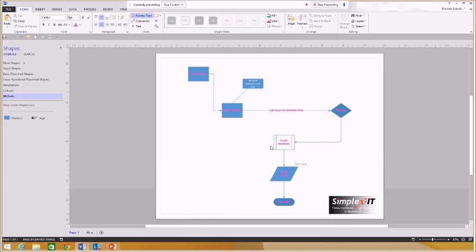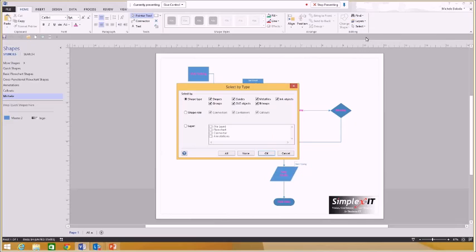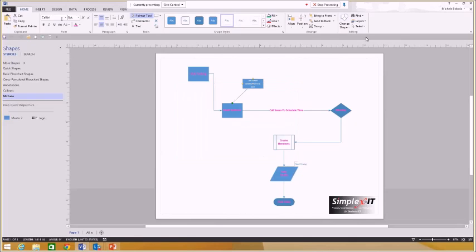Now let's say I want to format the connectors connecting the flowchart, and then I want to format the boxes, but I want to do it separately. Or maybe the annotations you want to format separately. So there's a little trick to this. If you go up here on the Home ribbon to Select and you choose Select by Type, with the flowchart there are different layers, and you'll notice there's a connector and the annotations. So if I check annotations and hit OK,